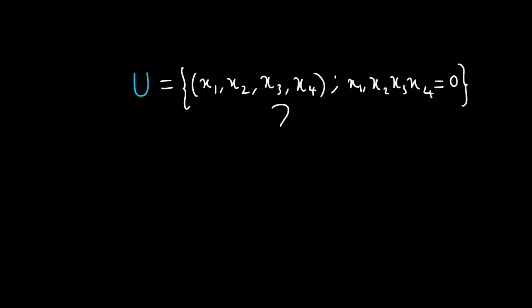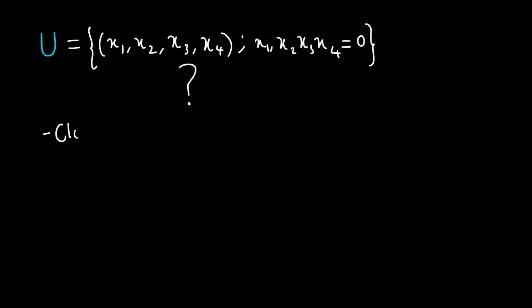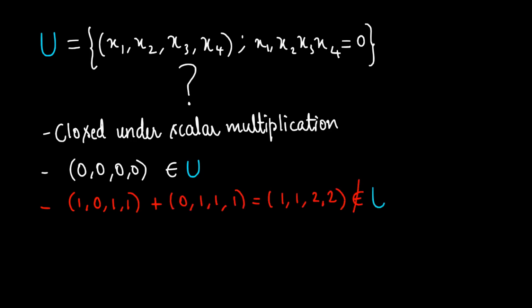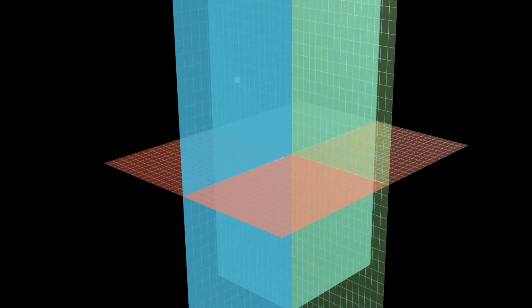Consider this subset of R4 where the product of coordinates is 0. It does contain the point (0, 0, 0, 0), or the additive identity. For the product of the coordinates to be 0, at least one of the coordinates must be 0. If we scale such a point, the product of the coordinates of the scaled point is also 0. So this set is closed under scalar multiplication. Now consider these 2 points. The sum of these 2 points does not belong to this set. So it is not closed under addition and hence it is not a subspace of R4. In fact, the example we looked at for R3 corresponds to this scenario where the product of the coordinates is 0. And we saw that it is not a subspace of R3.